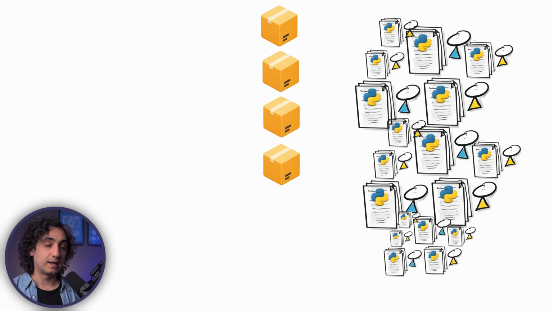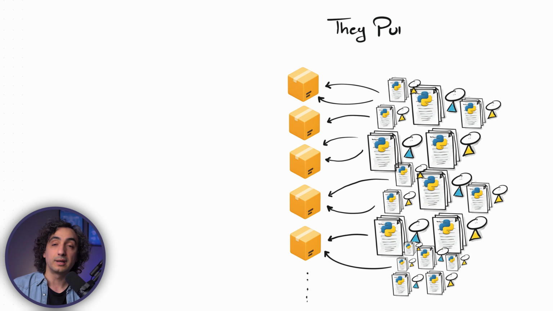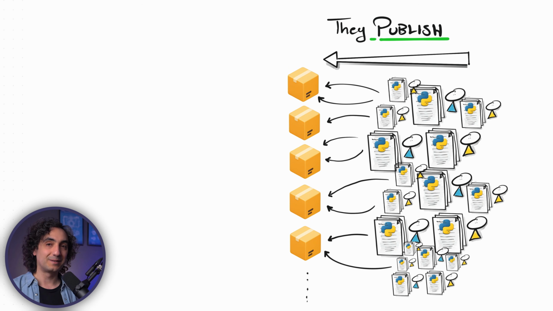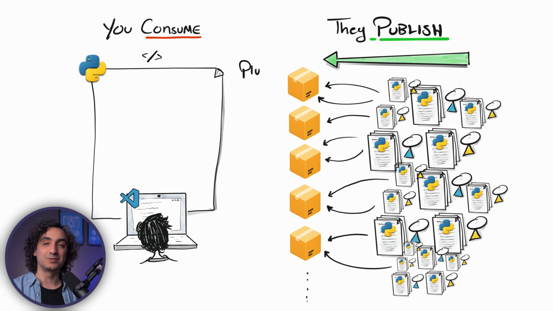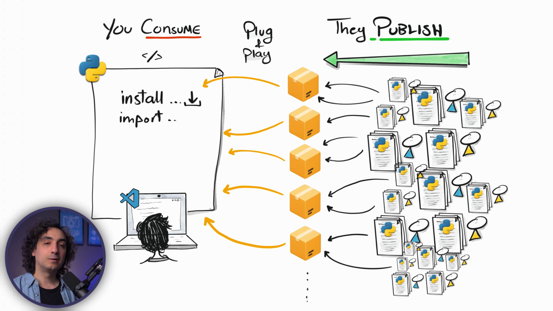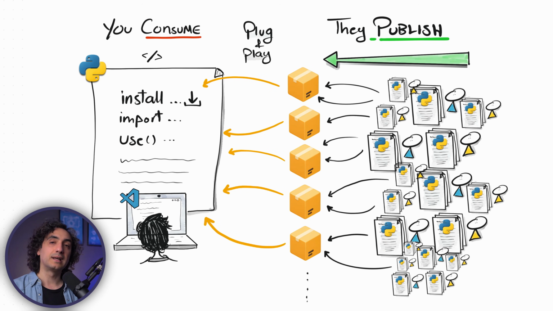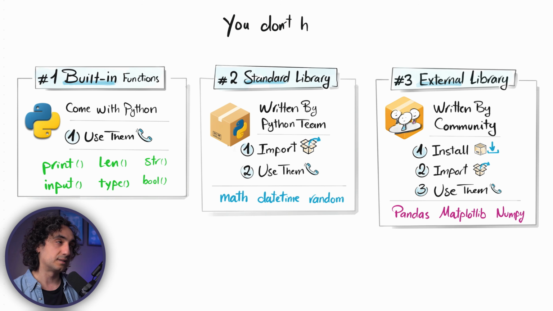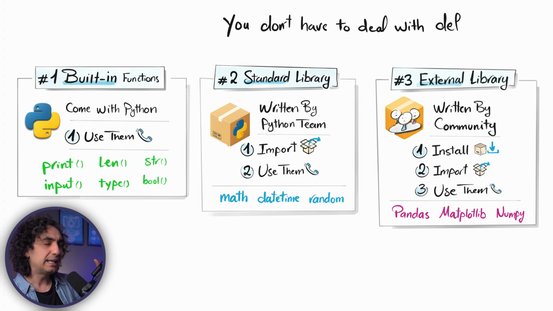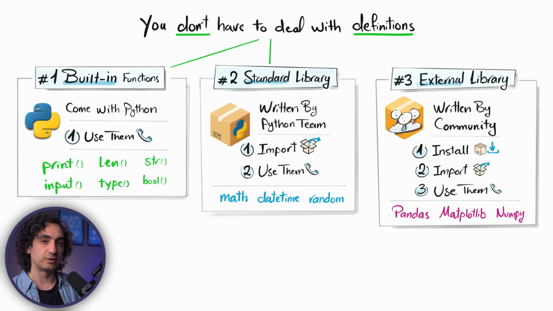And my friends, this one is the biggest strength of Python. There are thousands of people outside working on solutions and sharing them in libraries. And to be honest, this is what we do in projects. All we have to do is just plug and play: install, import, and reuse work that already exists. Now for those two sources, the built-in and the libraries, you don't have to deal with the definition of the function. You don't have to know exactly what is inside the function. You just use them. Other people deal with the definitions.